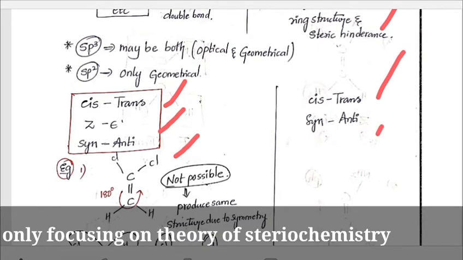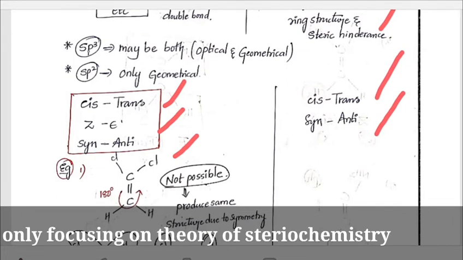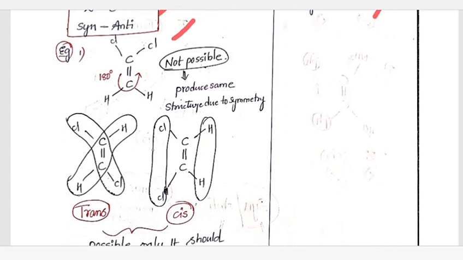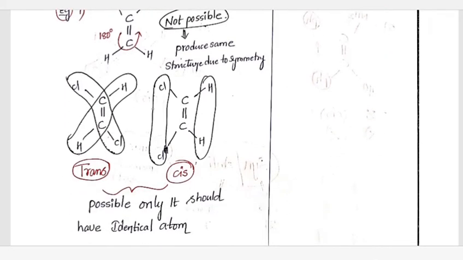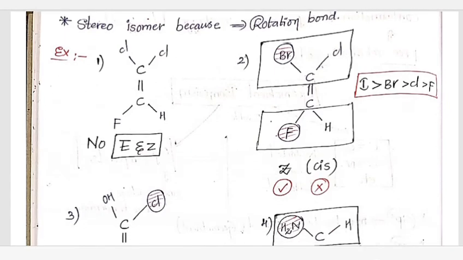I don't want to explain here how to represent cis-trans, because it needs a lot of time. If you want, I will prepare another video for that. Please comment if you require the cis and trans notation representations. And I have given some examples. If you know the concept, you can easily understand the structures here.